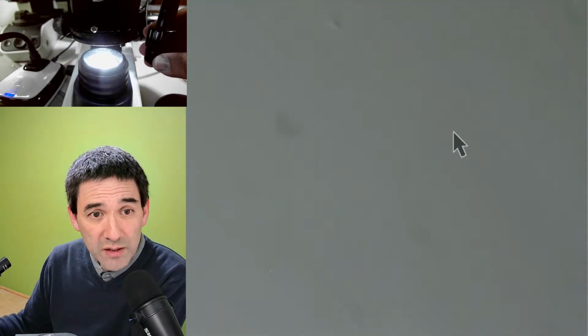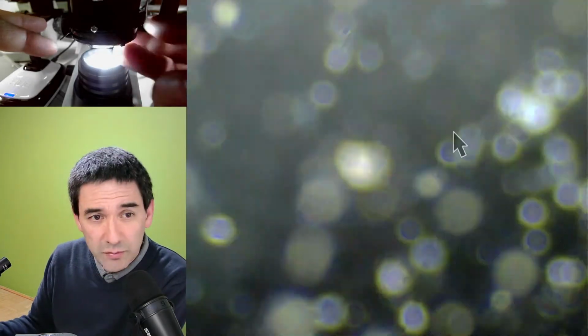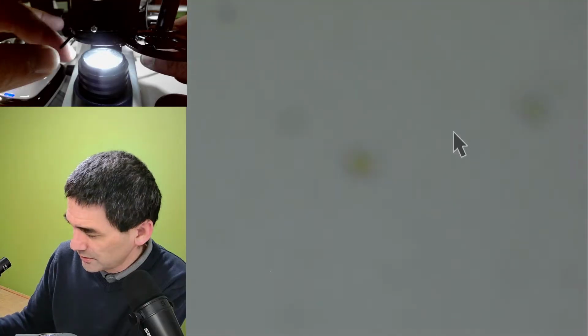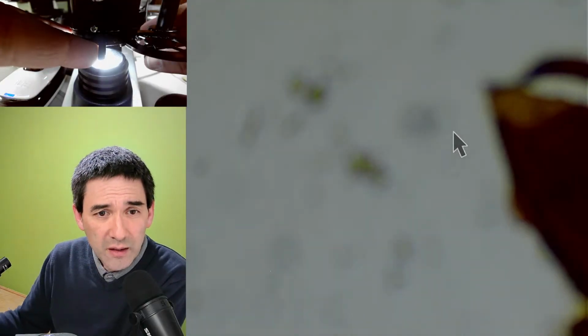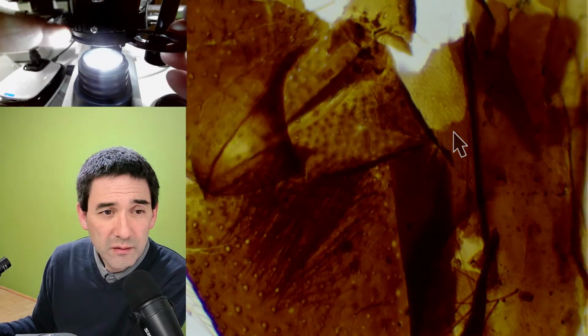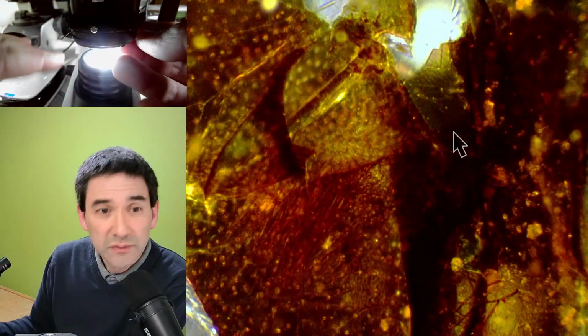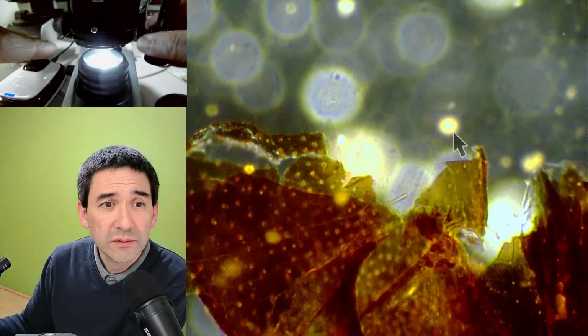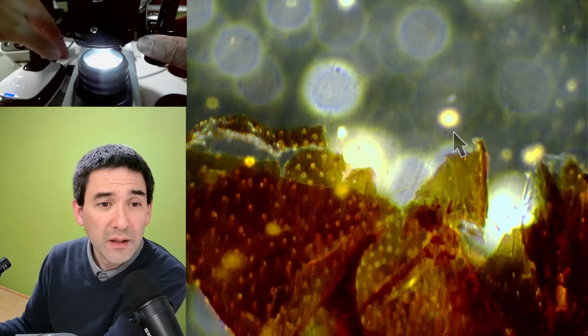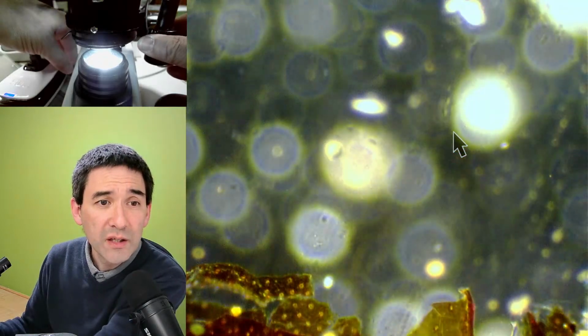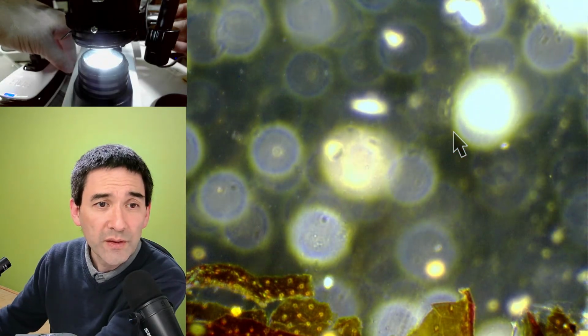If I just... you see, that's one of the difficulties, is always trying to find it where it is. Let's remove the... Here it is. Okay, this is just a part of the leg of a bee. If you now essentially can see the background here, that's also one of the things I wanted to show you,